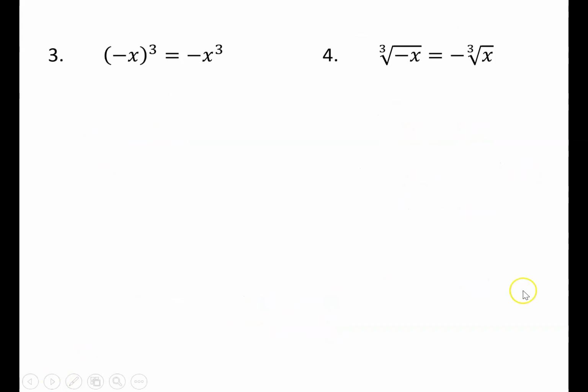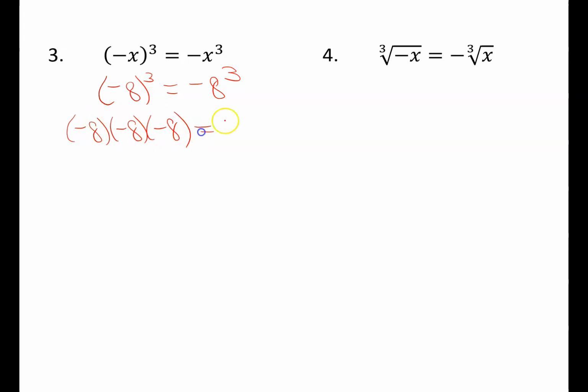Let's look at a few more. Here we have the exponent of 3. Let's use 8 again. So if I substitute 8 on the left and 8 on the right. Well, on the left side, that actually means you're going to take negative 8 times negative 8 times negative 8. On the right side, the negative just stays out front, and you're going to cube 8. I suppose we could write,